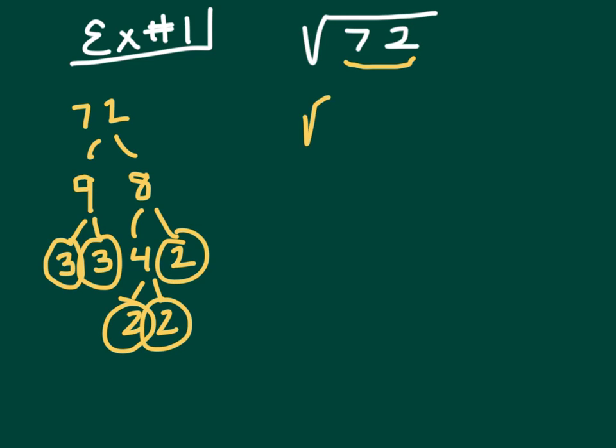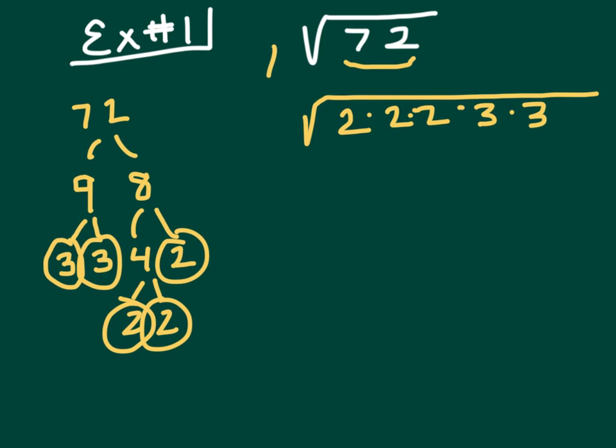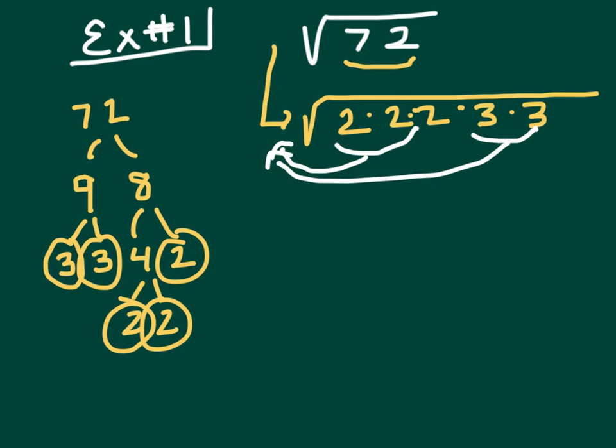Now the gang called 72 can be broken down into these three 2s, 1, 2, 3, and two 3s, 1, 2. All of this is multiplication. And if you checked it out and you multiplied 2 times 2 times 2 times 3 times 3, you're going to get 72. But this is the broken down gang, so you always want to try and break it down. Then, like our story with the previous slide, once you get two fellas that can dress up like each other, they're allowed to pop outside. These two guys are allowed to dress up like each other, and they can pop outside.